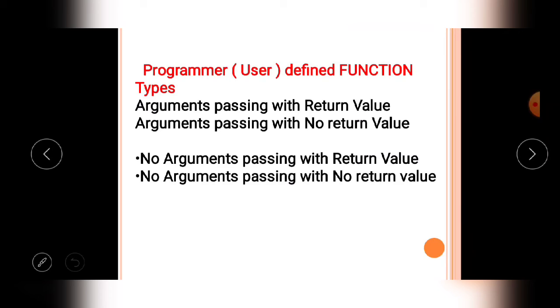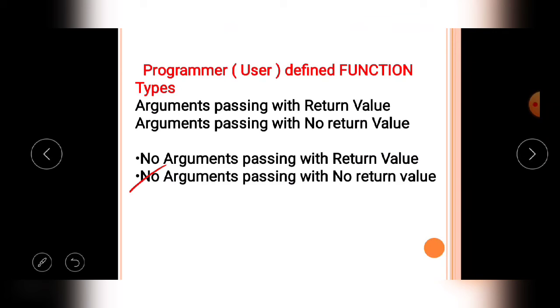If a user defined function will not receive any values into the function, and after completion of the execution it will not return any value, then this type of user defined function is called a no argument passing, no return value function.